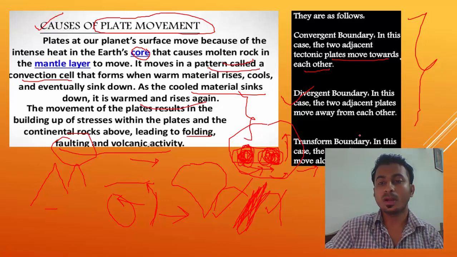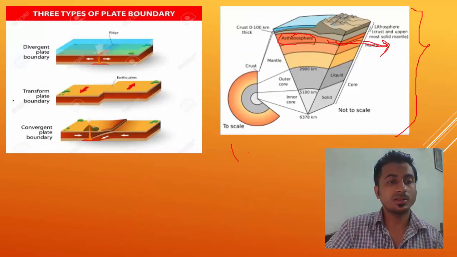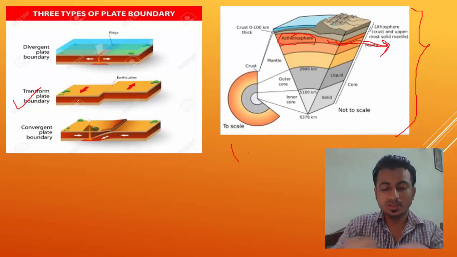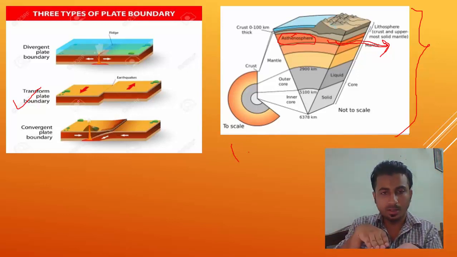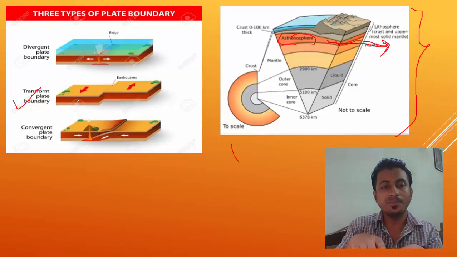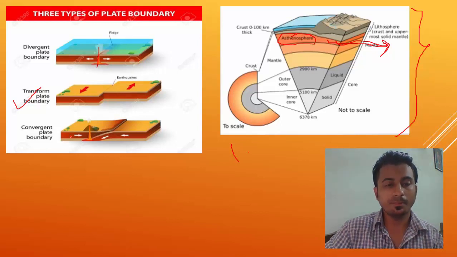Okay, then we have the transform boundary. In this, the two plates move along their borders. I will teach you this with a diagram. Okay, so this is a transform plate boundary. You can see these two are plates, they move like this, which is called a slide-past effect. They move in opposite directions, one in this direction and one in that, and hence earthquakes occur. See, in divergent you can see the plates move in opposite directions and lava is coming out, and in a convergent plate boundary they move in the same direction. So this part rises up and forms mountains.